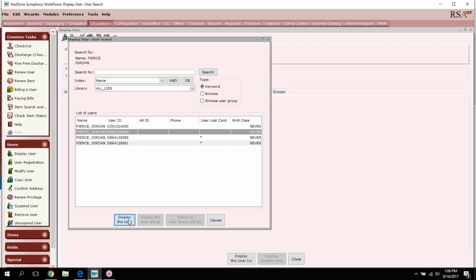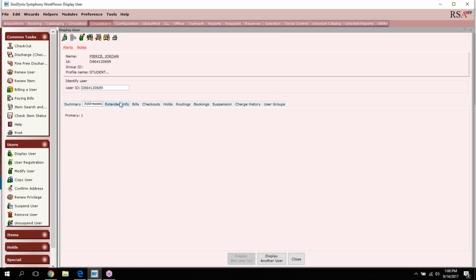So we look at his current card right here. You go over to the extended info tab. It has all the previous IDs on there. The way we have workflow set up right now is if they happen to come in with one of these cards, because